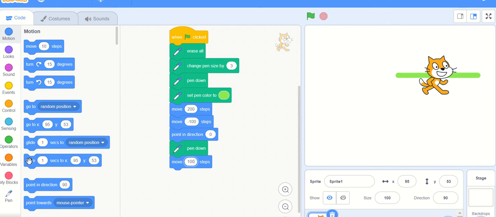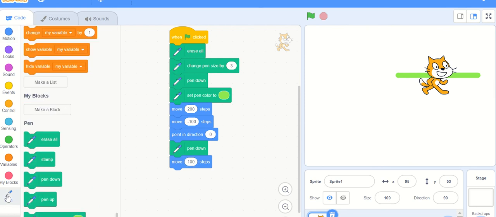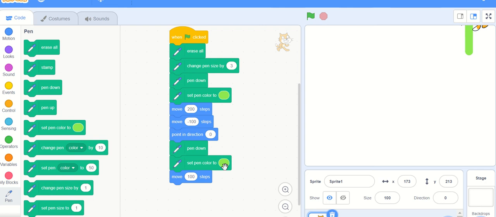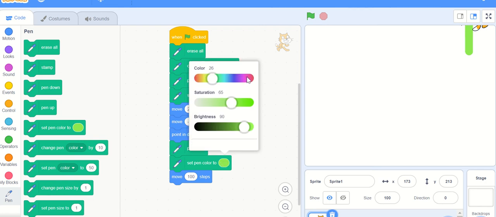Okay, now what we will do is go back to the pen block. Here we will change the pen color. We will set the pen color to red.